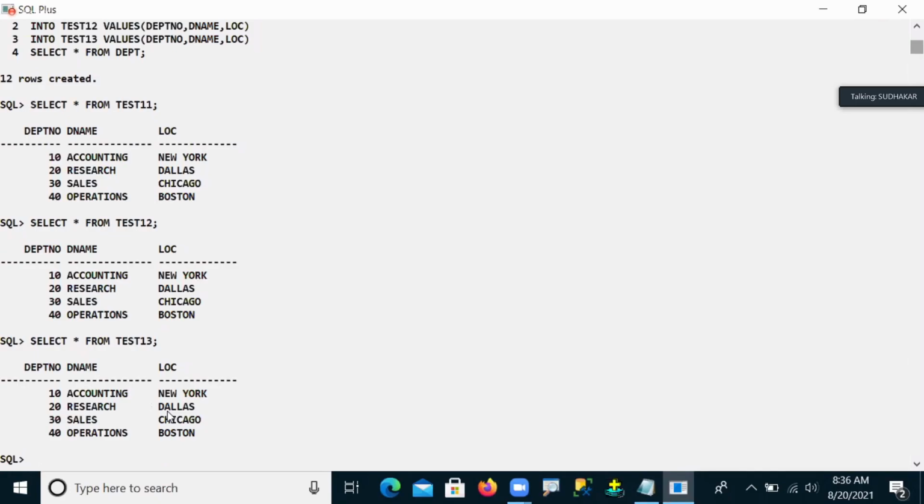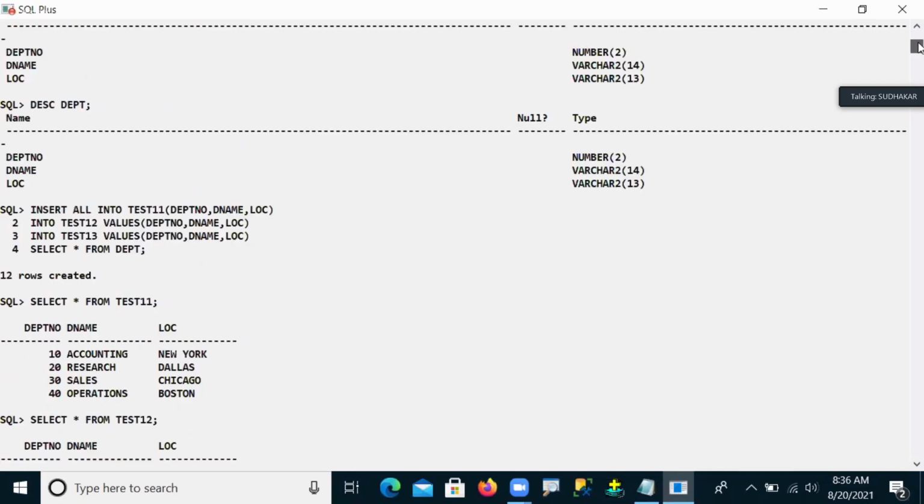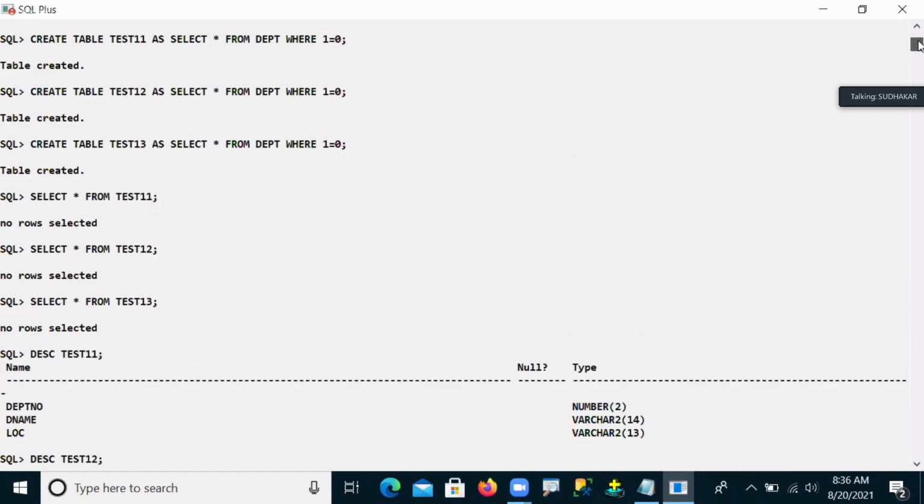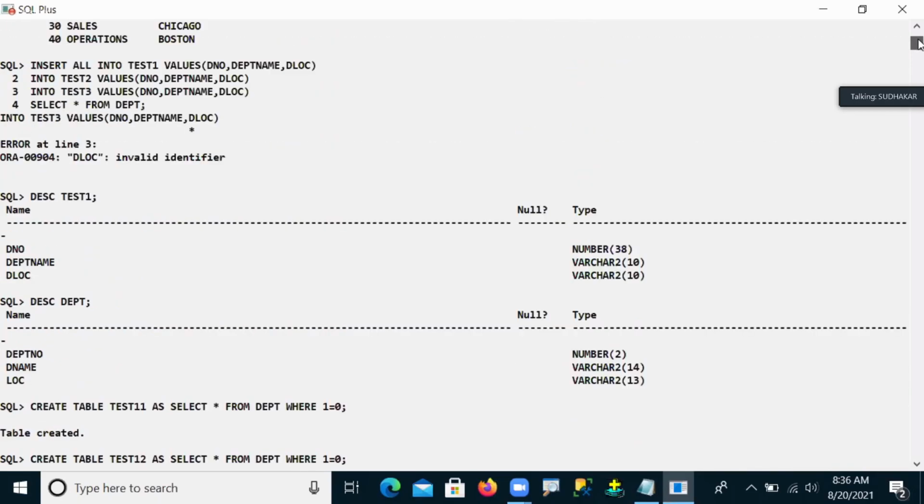So data is inserted into multiple tables. But previously, what mistakes did we make? Was there any query mistake? Or otherwise, the same column names are not accepted. Here, what is the query? The query is the same here.